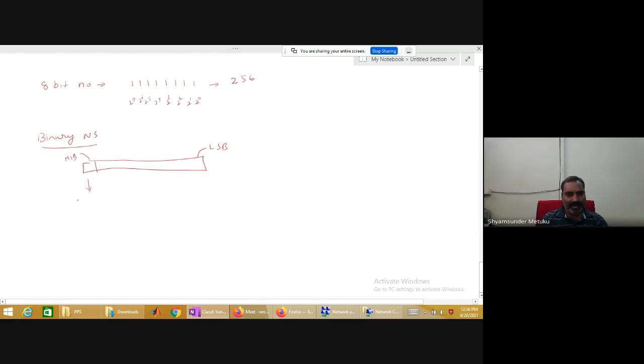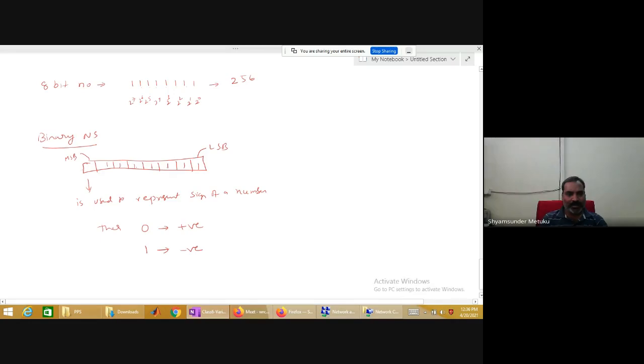When the MSB position is used to represent the sign of a number, then 0 is written for a positive number, 1 is written for a negative number. If that is the case, how many ones can I represent after this MSB? 1, 2, 3, 4, 5, 6, 7 only. Yes or no?